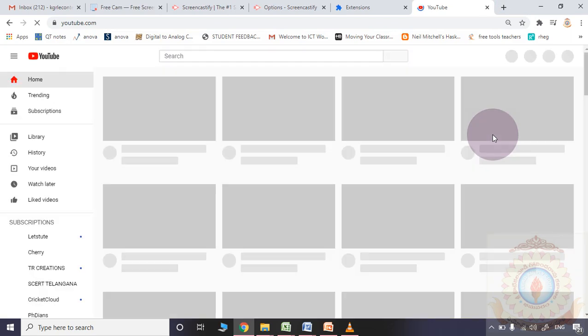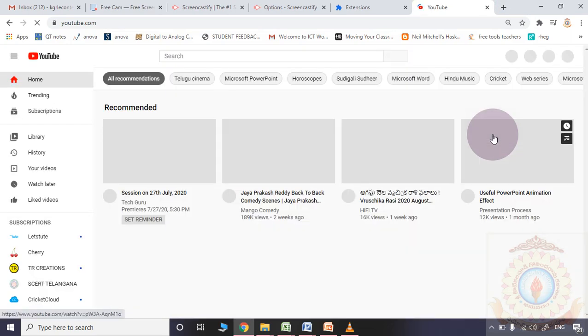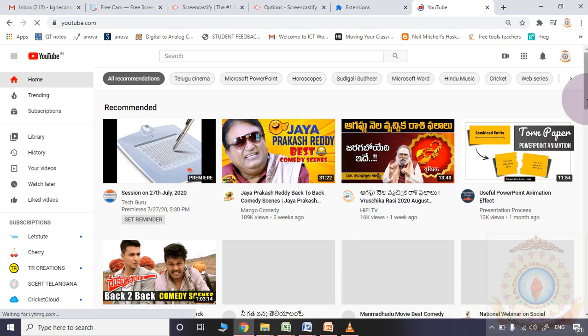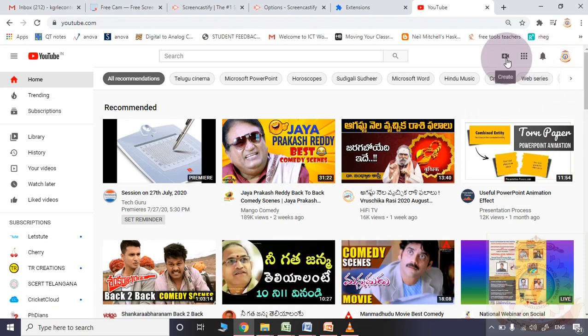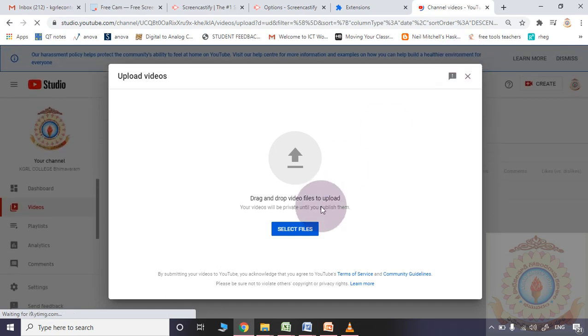So whenever your video is ready, that is downloaded into your computer, then here please observe, the create option is there. Whenever you are opening YouTube, the create option with a plus symbol is there. Here you may observe upload video. Here you are supposed to select the video file.